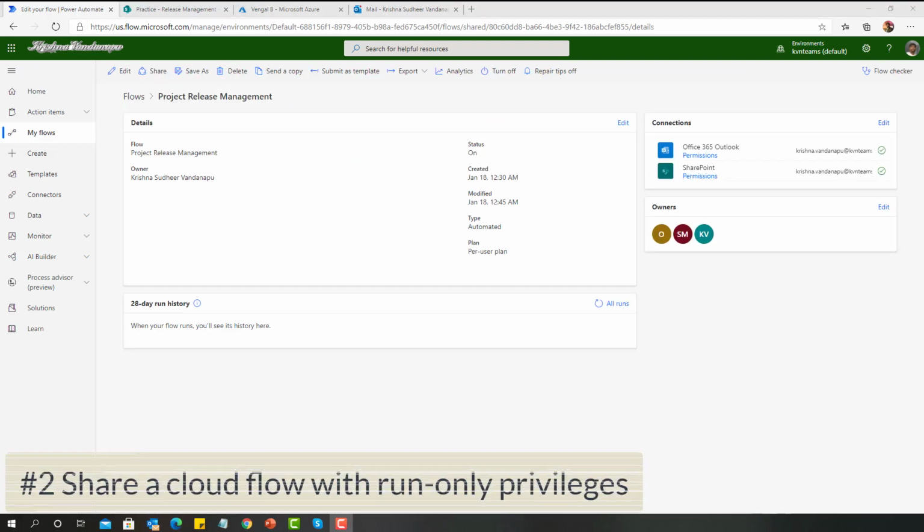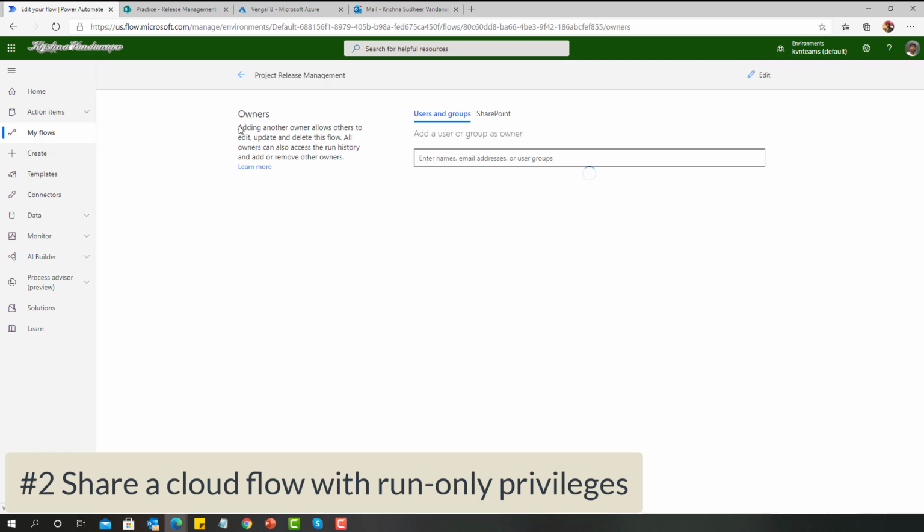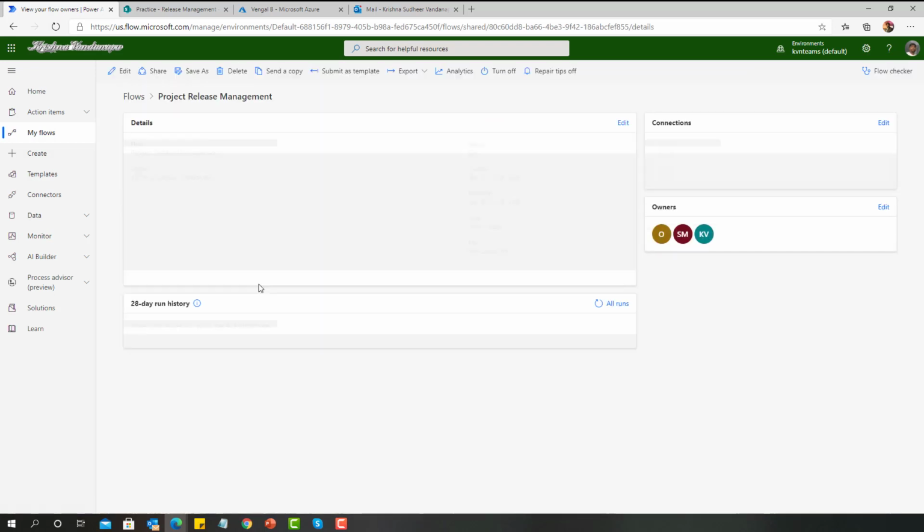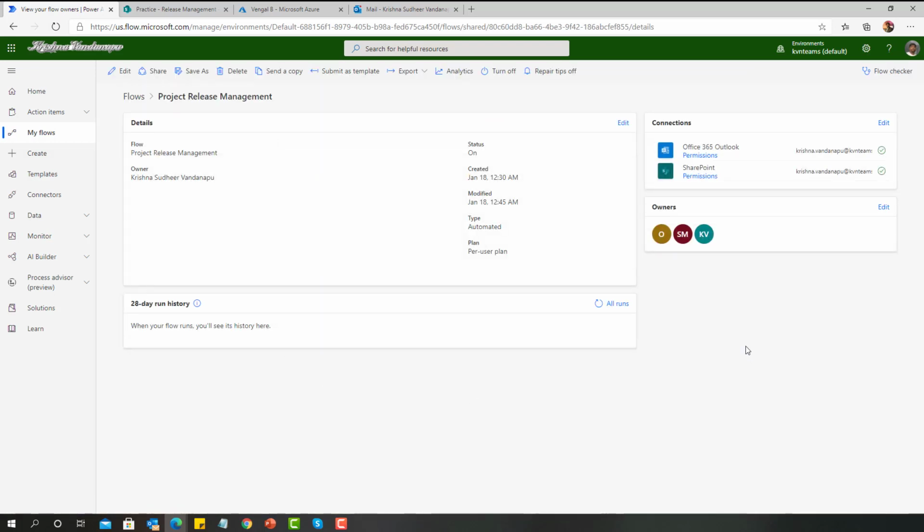The second approach is sharing a cloud flow with run only privileges. If you notice here, all we have is share a flow as owner. Even though I click on share, I see only as owner. But now our requirement is to share a flow with run only privileges.